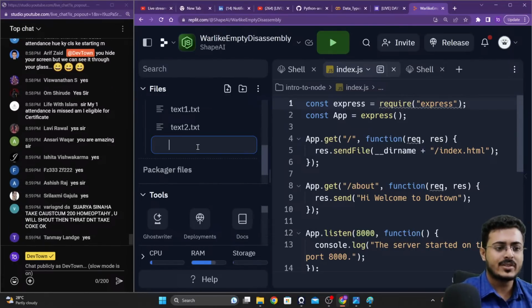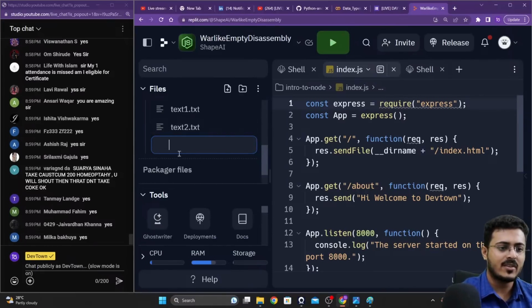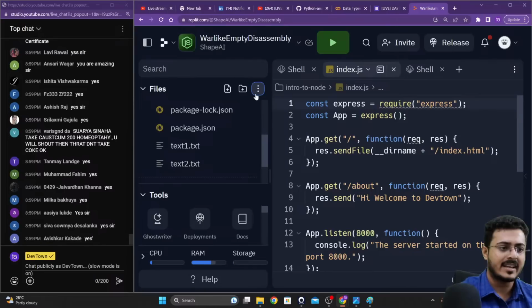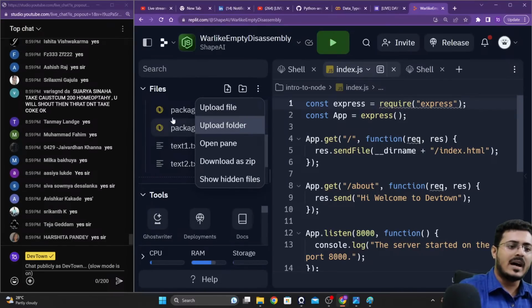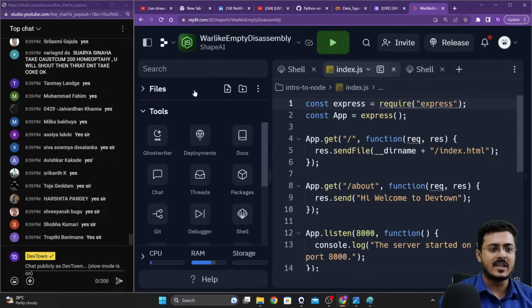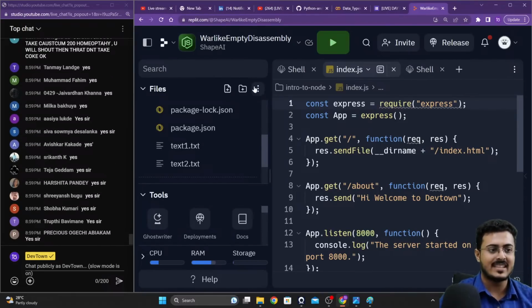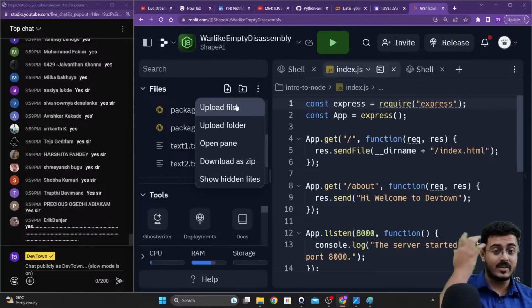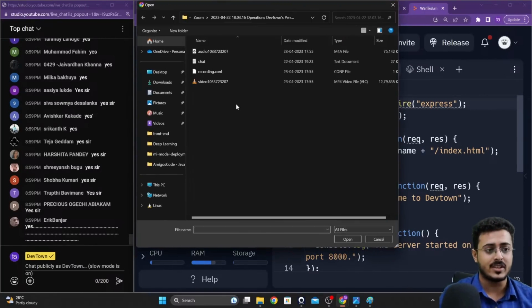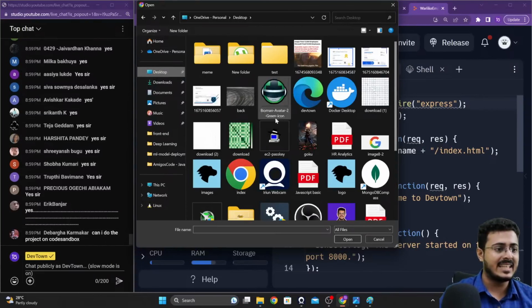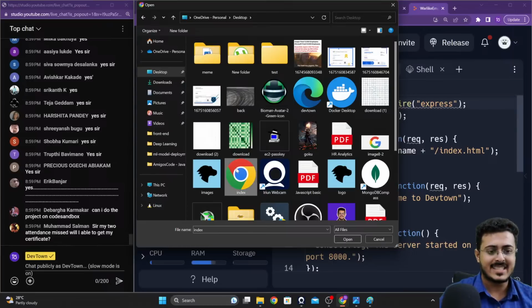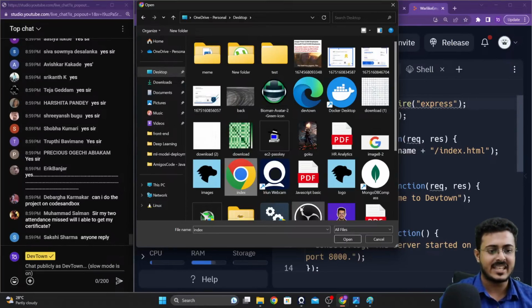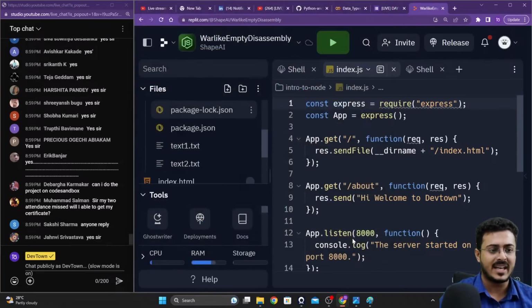Okay, I don't want to add my file like this. I wanted to upload my file. So let's do one thing. Instead of clicking over there, let's click on this particular files itself. Inside of the files, you have these 3 buttons. We're going to click on that and then click on upload file from right over here. I'm going to select the file that I've created for you guys, this index.html file, and open it up right over there.